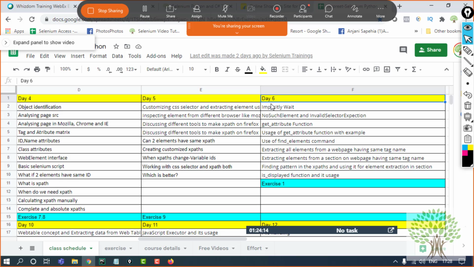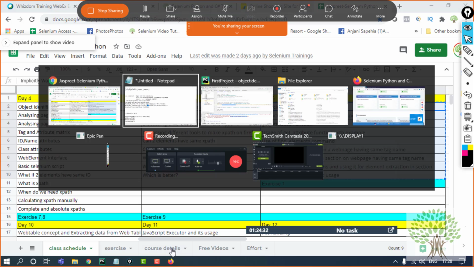And once these topics are covered... Can you share this Excel with me? I can share the topics with you. Excel will be a little different because I have a number of sheets. Okay, so day wise you will be sharing? Yeah, because I have a number of sheets used in this particular Excel only. I'll share the topics with you. Okay. You can just have them.